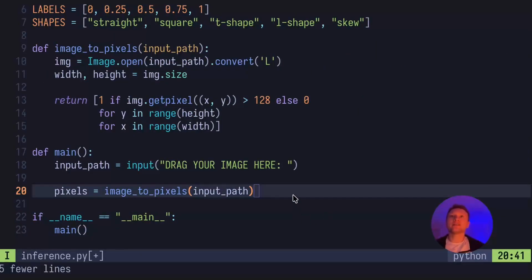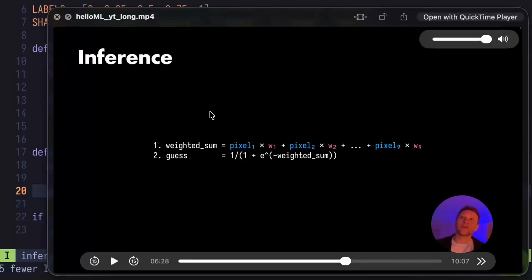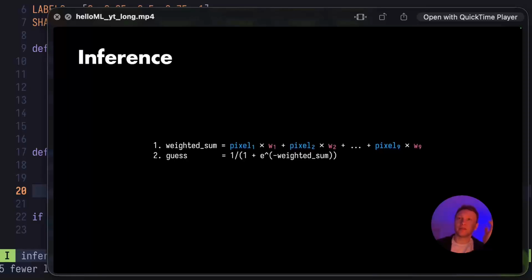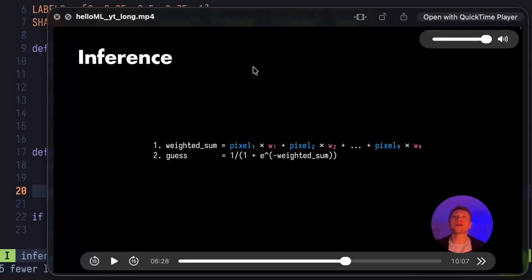So now, more exciting part, right? Because actually we can take our data and make a prediction to actually guess what shape we are looking at. And as we already talked about in the previous video, there are only two equations that are super simple. The reason we write those scripts the way we do, which is not the most optimal, is that I want you to see the connection between those two. I want you to see we are using exactly the same math, just less math for inference. So we've already done this, right? So let's